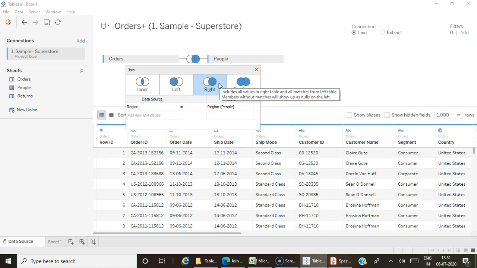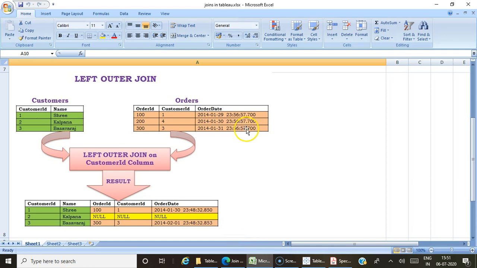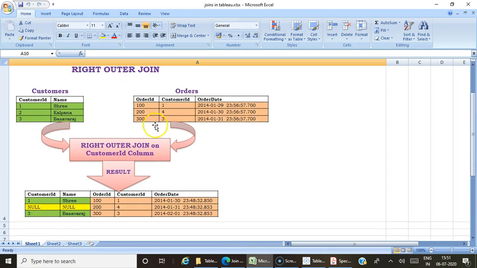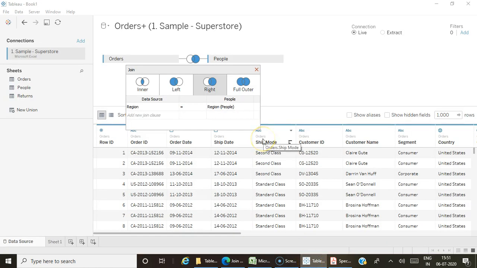It will take all the records from the right, only the matching records from the left table. In that case, it will take all the records from the order table, 1, 4 and 3, with matching records 1 and 3. So for the number 2 record, it will be replaced by null values. So here all the records from people table and only the matching records from the order table.